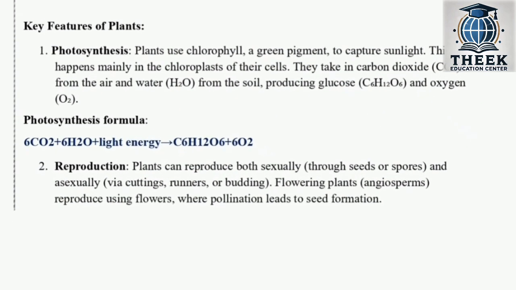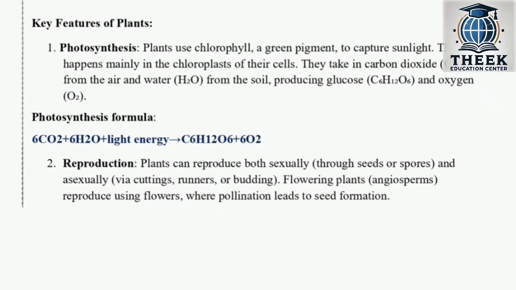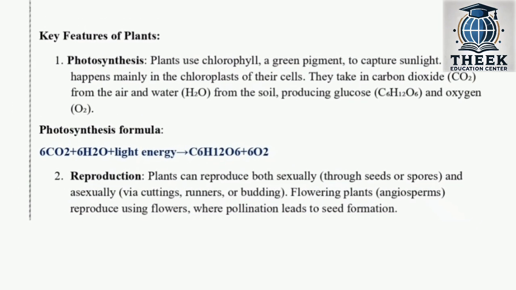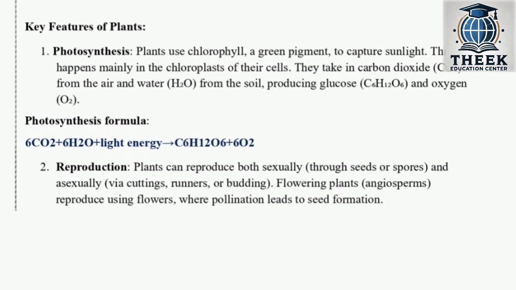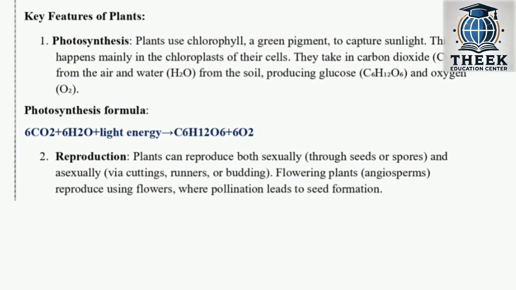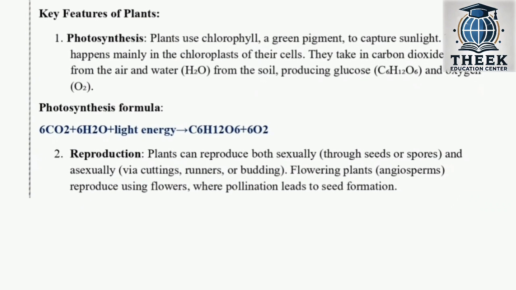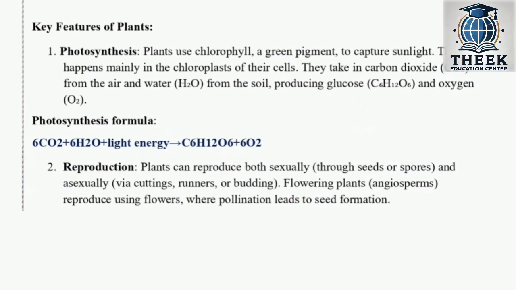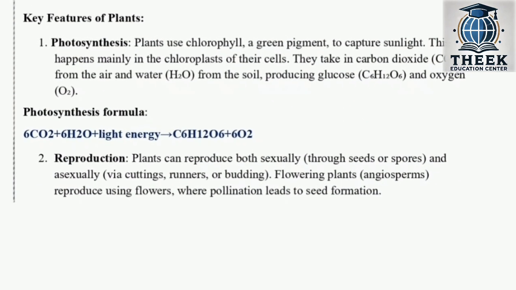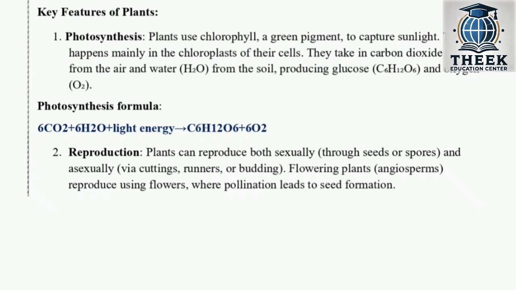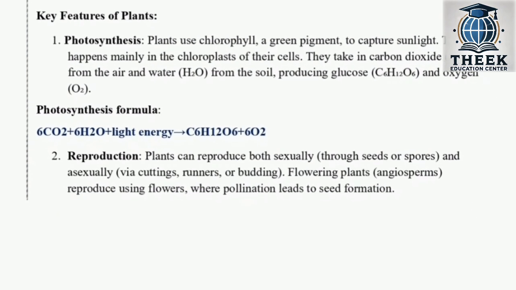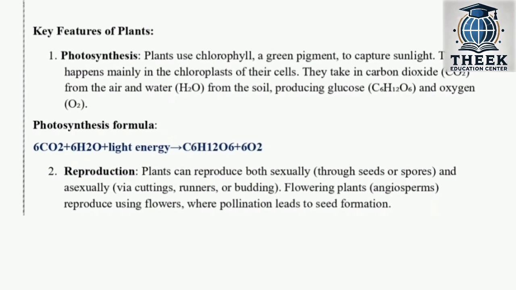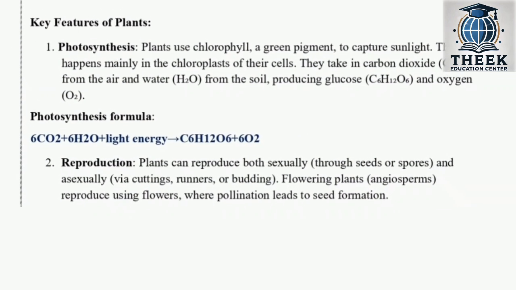Two, we're going to talk about reproduction in plants. Plants can reproduce both sexually, that is through seeds or spores, and asexually via cuttings, runners, or budding. So flowering plants, i.e. the angiosperms, reproduce using flowers where pollination leads to seed formation. So in the section of reproduction, sexual reproduction leads to formation of seeds, where flowering plants reproduce by means of